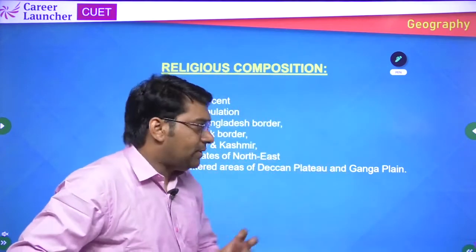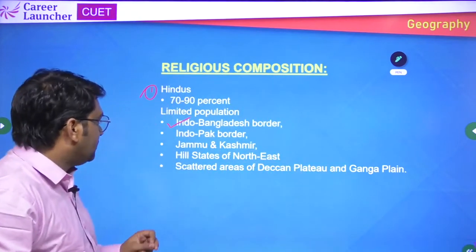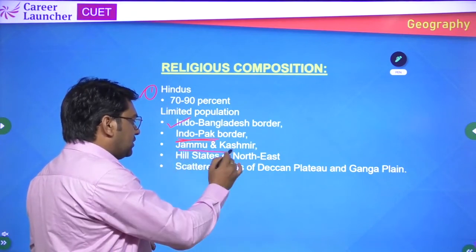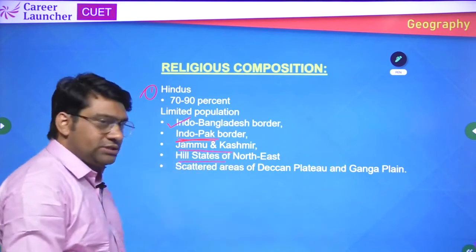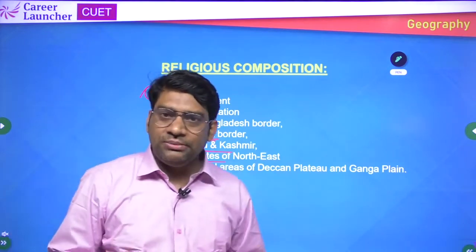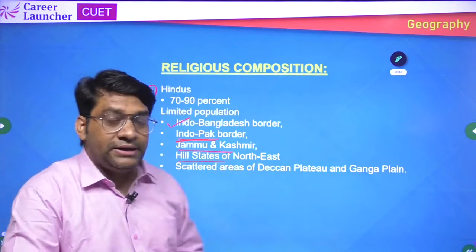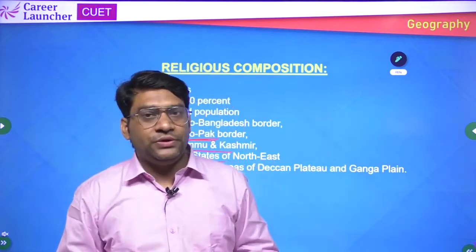These are the states along the border of India and Bangladesh, where you will find very less population. Indo-Pakistan border, because of migration of Muslims, Jammu and Kashmir, hill states of northeast like Nagaland, Mizoram, okay. And then scattered area of Deccan Plateau and Ganga Plain, where you will see a less population of Hindu, and rest of India where population of Hindu is very high. So in exam they can ask you which part of India population of Hindu is very less, because